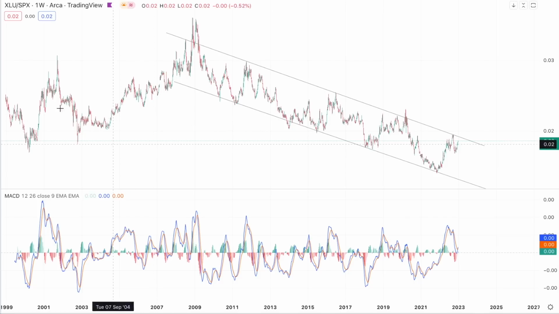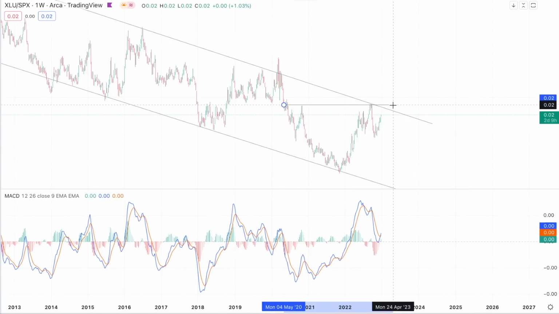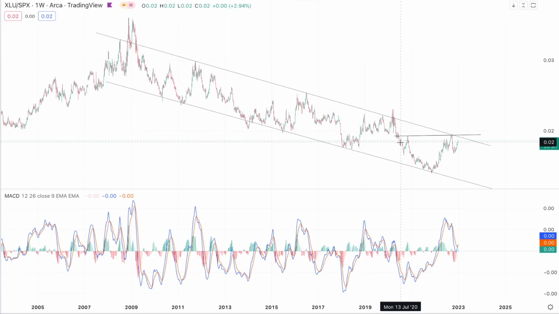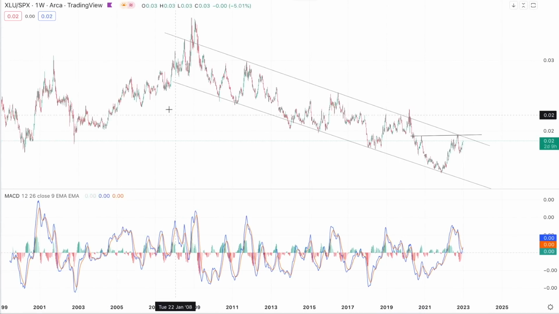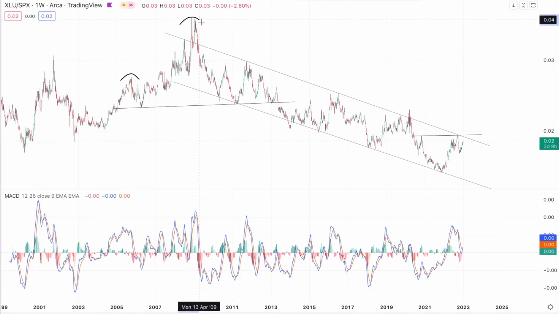So now let's take a look at the tea leaves a little bit, look at some potential patterns that are developing on this chart to try and understand what it's telling us right now. And the first thing I want to highlight is this potential head and shoulder bottoming pattern on XLU. Now, these patterns, head and shoulder patterns, can pinpoint when a major reversal is happening, right? And one example of that you can see on this chart is this massive head and shoulder pattern that you had developed between 2005 and 2012 with a clean shoulder here, a head here, and another shoulder here.